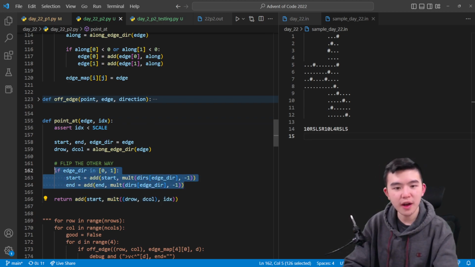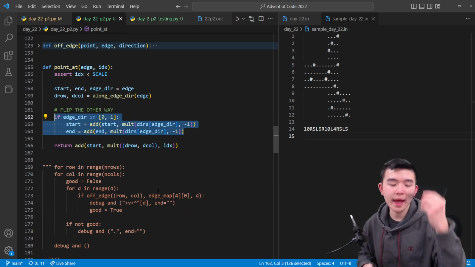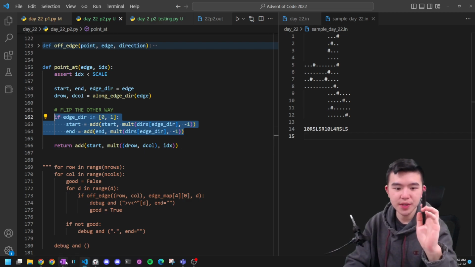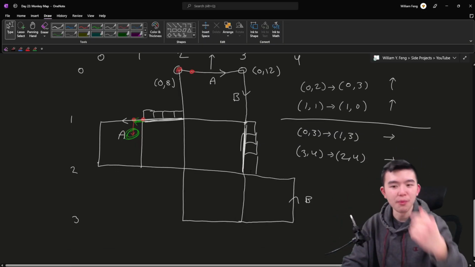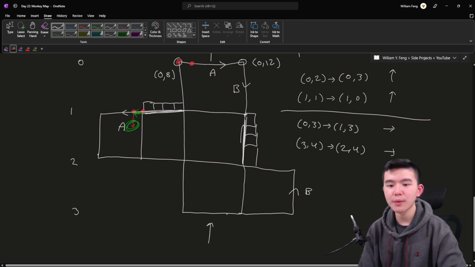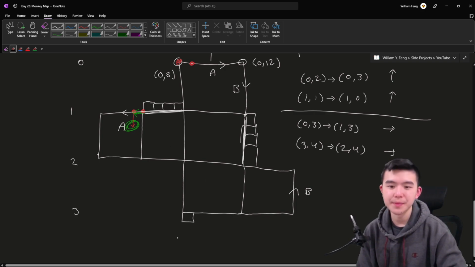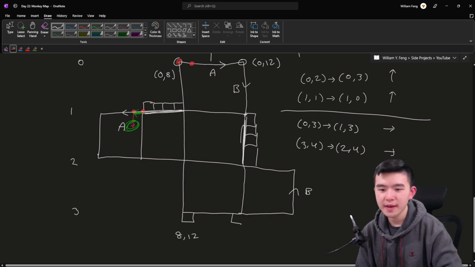We do have a little off by one error here, which is the same one that popped up previously. Now, instead of being a top or a left edge that we need to adjust, it's a right or bottom edge. So for example, if we're looping, we're wrapping around to this edge, we need to wrap on the inside. So the points that are actually described by these endpoints are going to be something like 8, 12 and